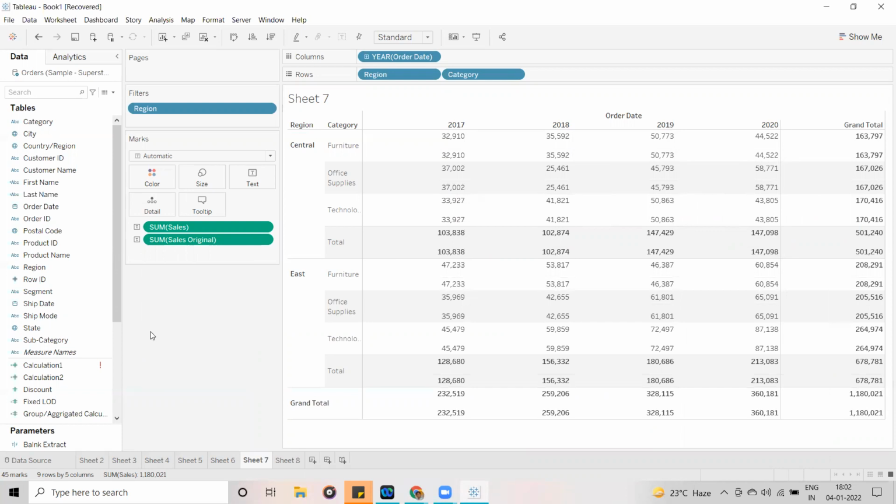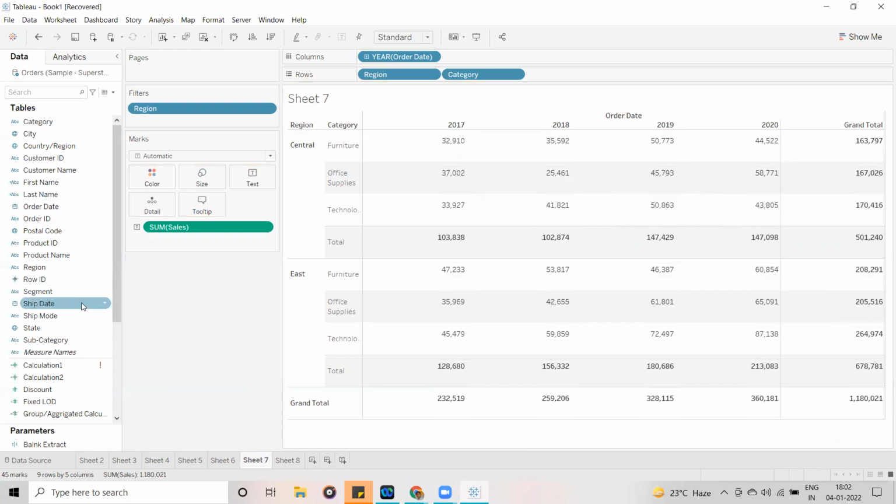Now guys, I'm going to remove this one as well. I'm going to display only one sales. Now guys, the difference is very important. In most scenarios, people will ask, I want to find out the difference from the previous value, current value to previous value, right? So for example,